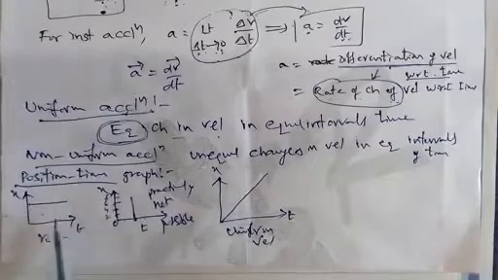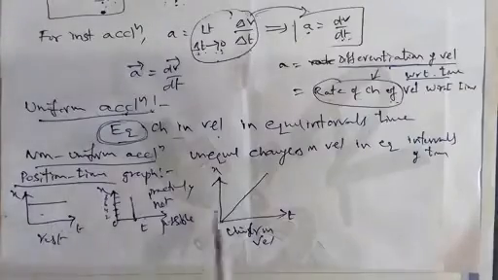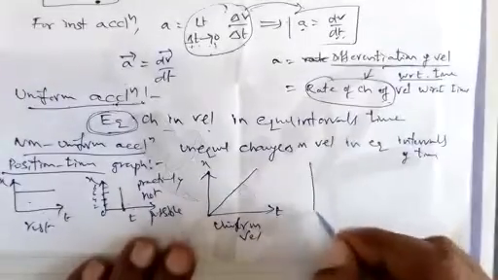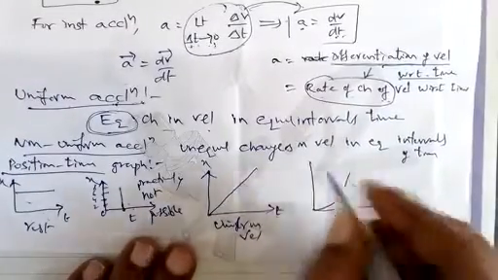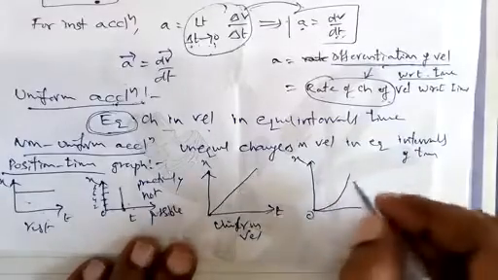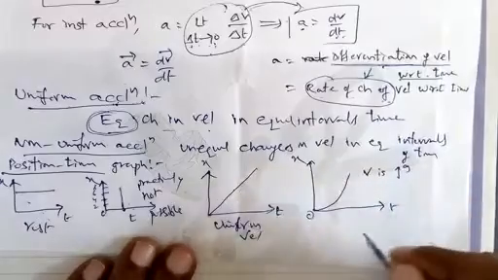If the position time graph is parallel to the x-axis, the time axis, then the body is at rest. You have to remember all these things. Next, if the position time graph is a curve in the upward direction, like this, and this is time, what can we say here? See, v is increasing.